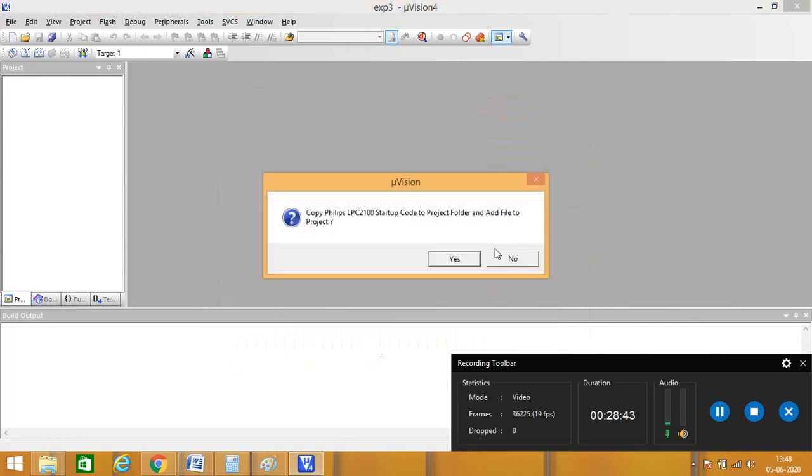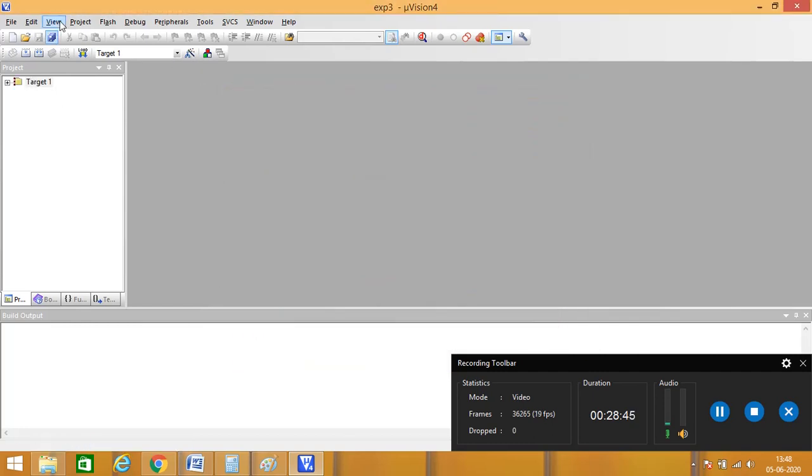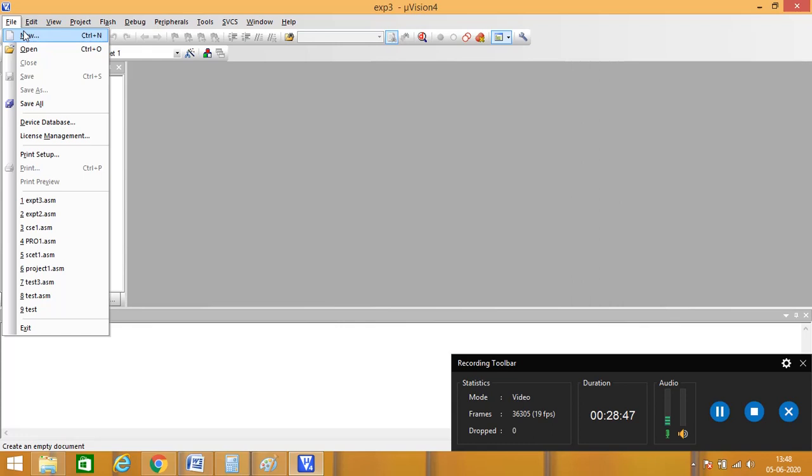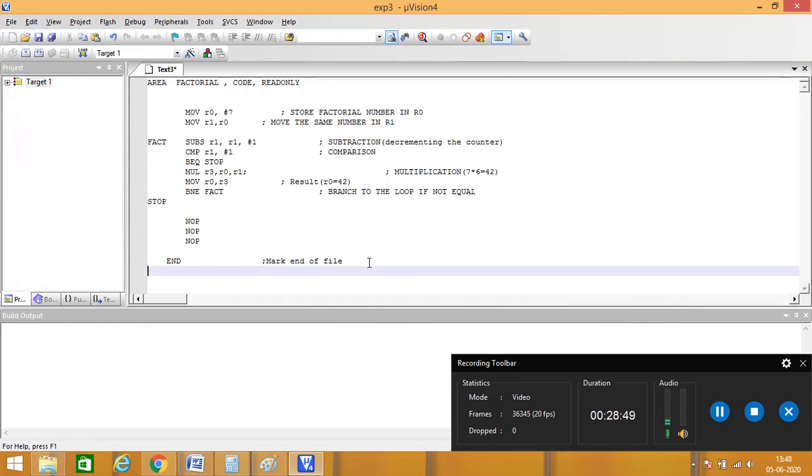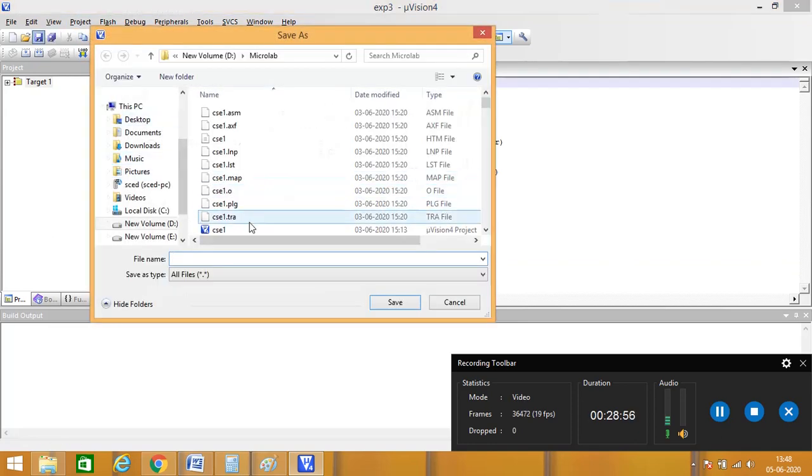File, new, factorial. Save it with the .asm extension.